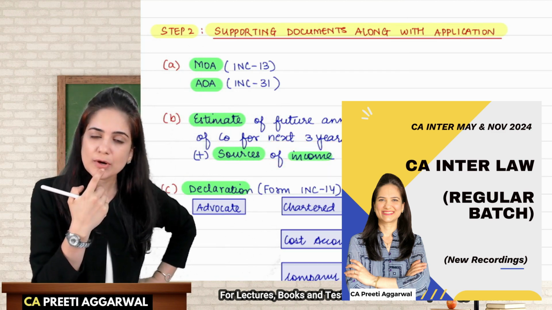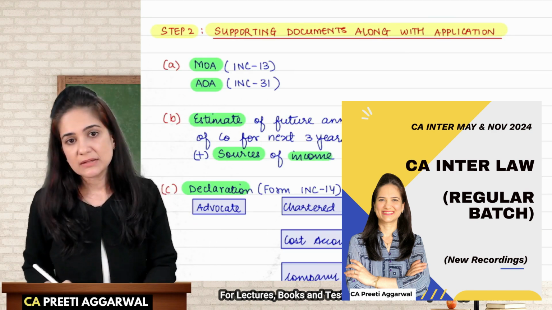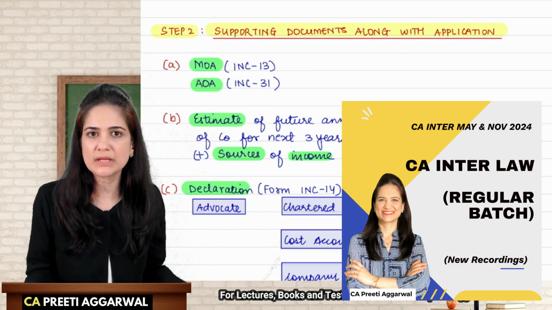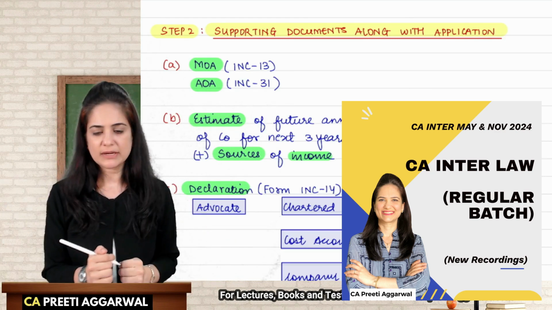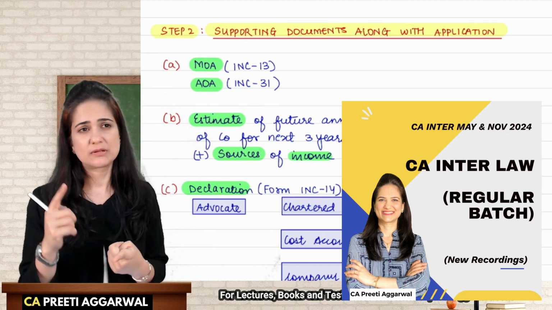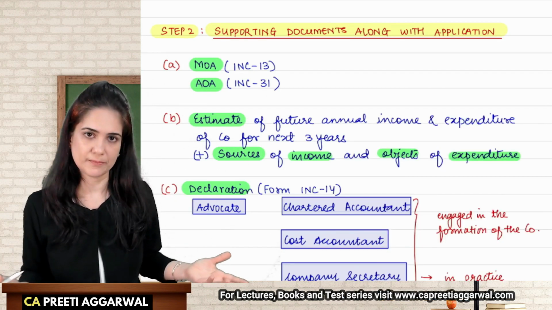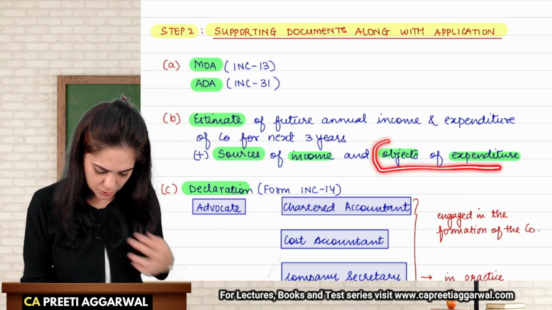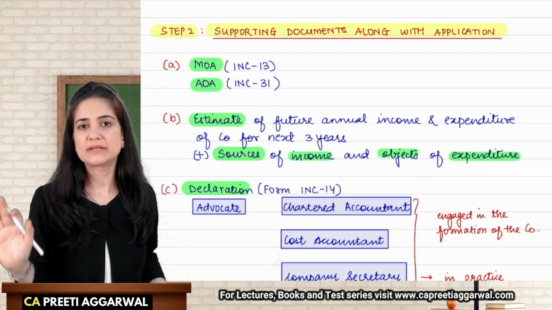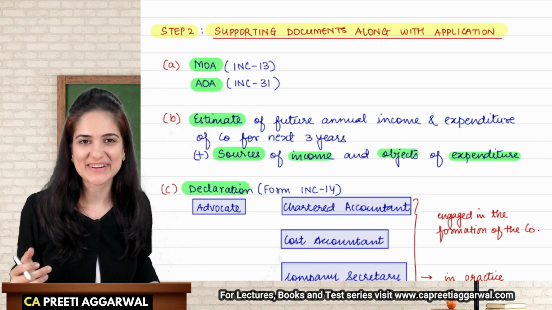But ma'am, they are not formed for profit, na? My dear students, I agree, they are not formed to earn profit, but that doesn't mean that they don't earn money. So see, you can say that my main source of income will be from endowment, donation, charity, subscription, fees. So what is your source of income? And where are you going to spend that money? So give us all the details. Then we will decide whether we should give you the status of a Section 8 company or not.